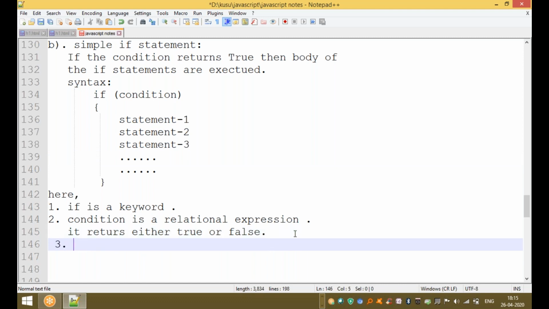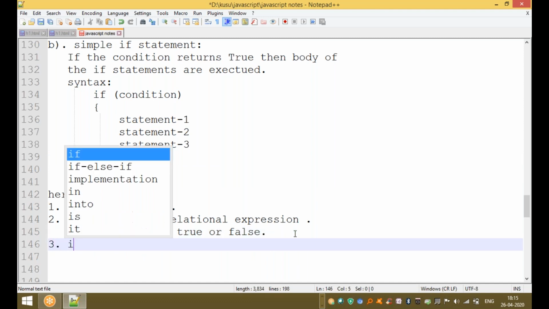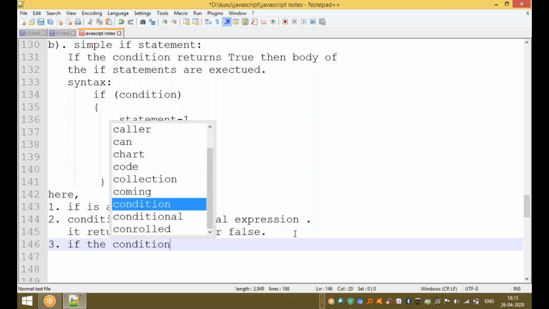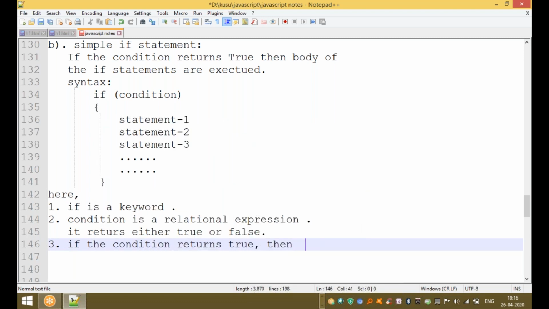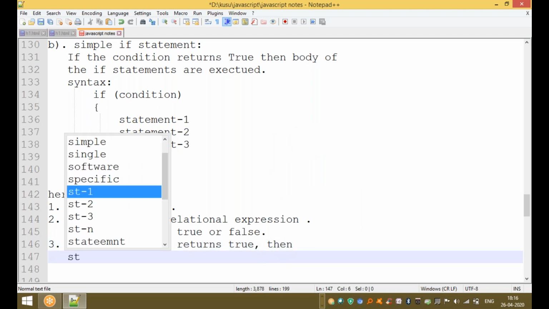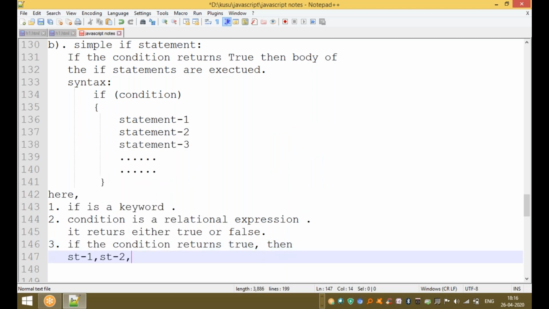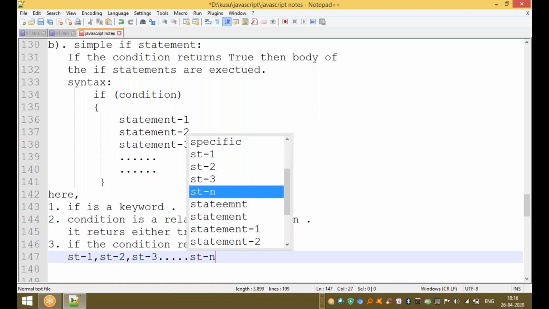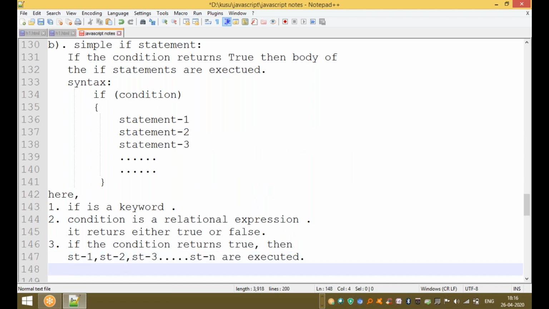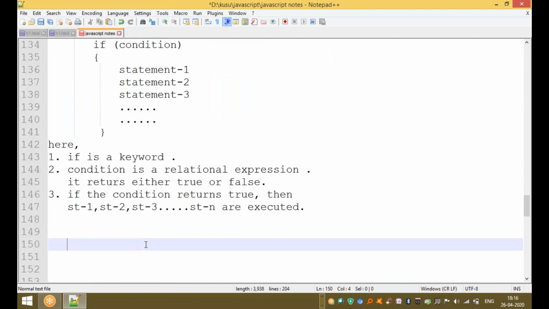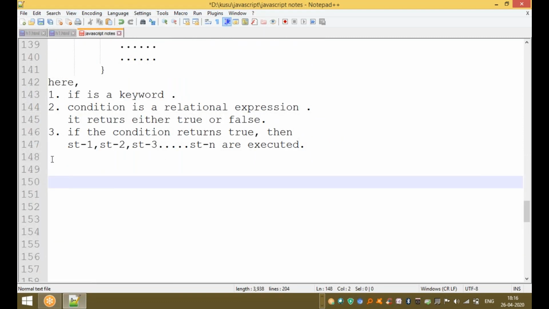If the condition returns true, then statement 1, statement 2, statement 3, and so on up to statement n are executed. If the condition returns false, these statements are not executed. That is the basic syntax of the simple if statement.